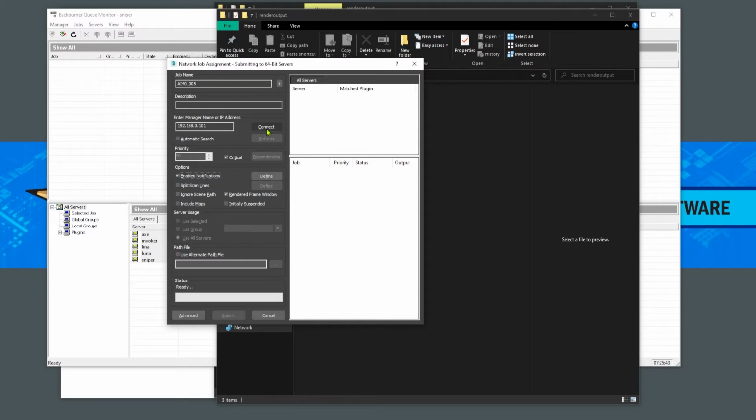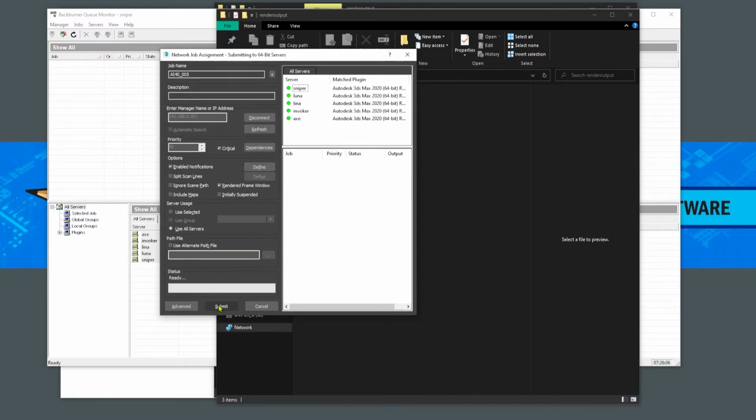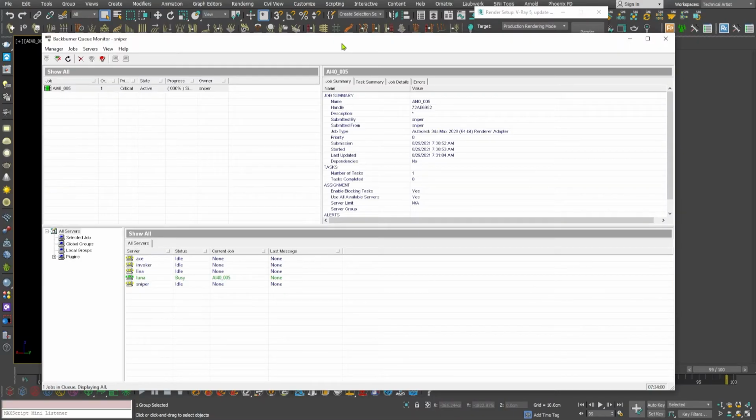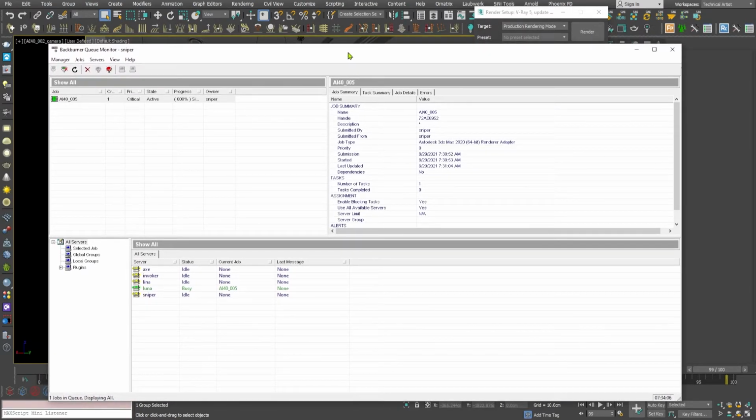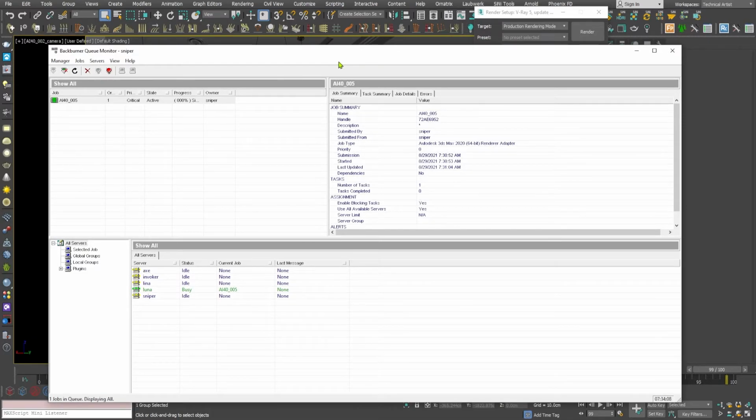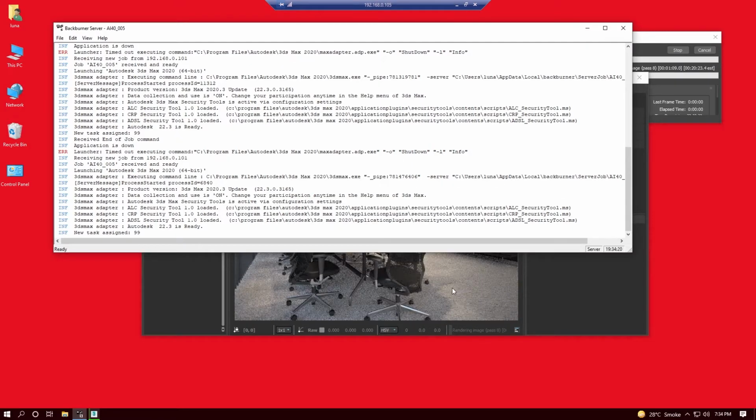I'm going to just click on connect, and I am going to click on submit. By the way, errors do pop up. The first error that popped up, it's not an error, well, it's a mistake. When we press submit to render and only one computer is doing the rendering job, you can see that this computer is doing the rendering job.